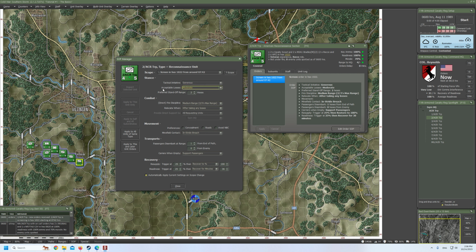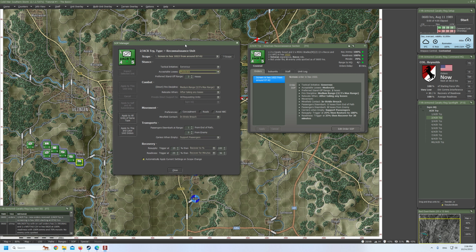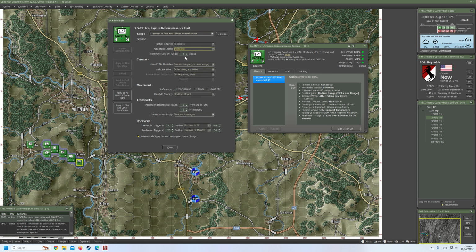Then we have the acceptable losses, which are do or die, substantial, moderate, minimal, and preferred standoff range. That's basically how far from the enemy unit we want to keep our unit. So if the enemy closes in on our unit to less than 2 hexes, then our unit will try to relocate, and that's also related to the tactical initiative and acceptable